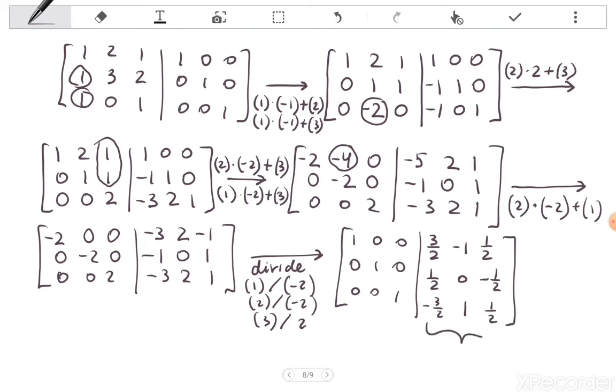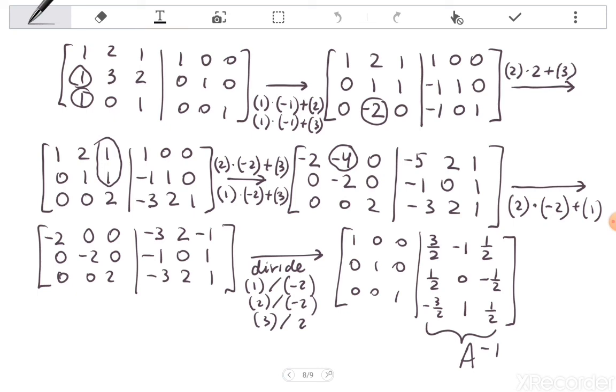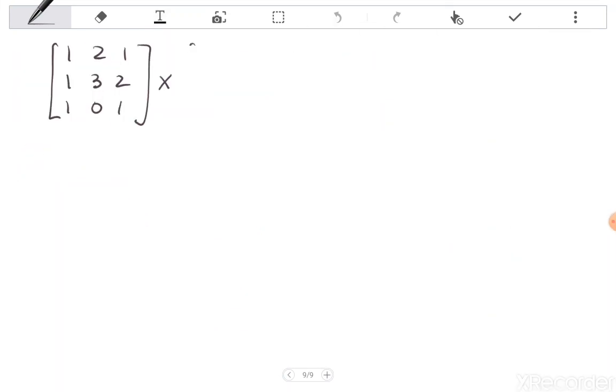So this thing is our inverse matrix. And let's check that this is indeed the inverse. So we have to multiply this matrix by the original matrix. So let's do this. We have to multiply 1, 2, 1, 1, 3, 2, and 1, 0, 1 times our inverse matrix, which is 3 over 2, minus 1, 1 over 2,